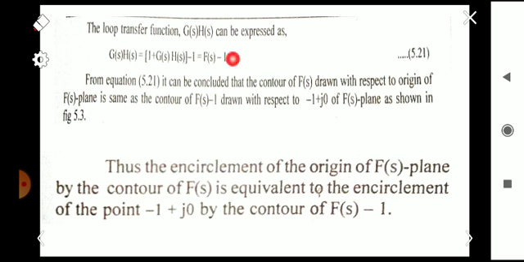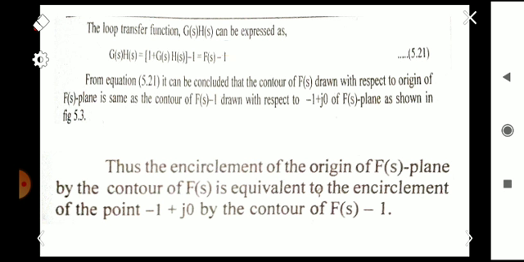So here we are substituting it as F(s) - 1. From this equation, it can be concluded that the contour of F(s) drawn with respect to the origin of the F(s) plane is the same as the contour of F(s) - 1 drawn with respect to -1 + j0 of the F(s) plane. In the previous slides we have learned the encirclement of the contour, that is, the F(s) plane contour with the origin. But here we are making a new assumption,